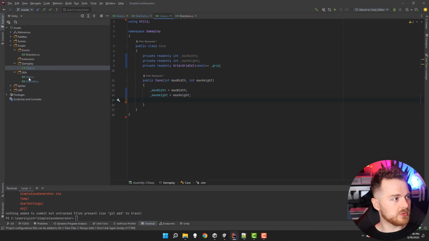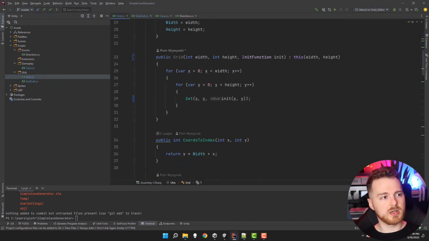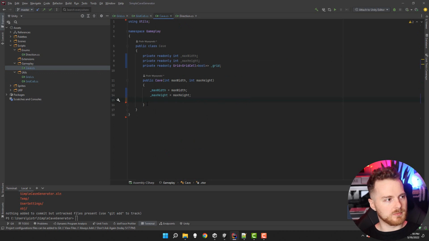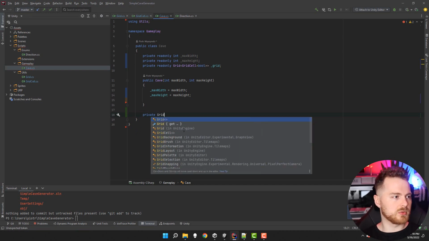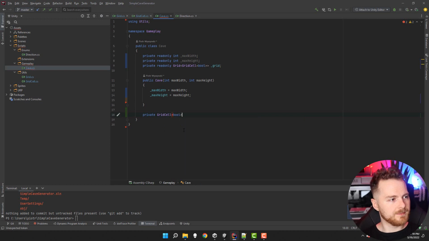As you remember, we created this constructor, which allows us to provide an initialize function. So the thing that should happen, or maybe the specification of how the item in the grid should be created. So for that, we'll create a simple method. So over here, we create a method which will be private. It has to return the item that we put in the grid, right? So GridCell of boolean, and let's call it initialize